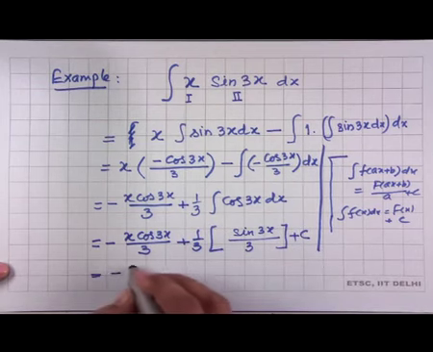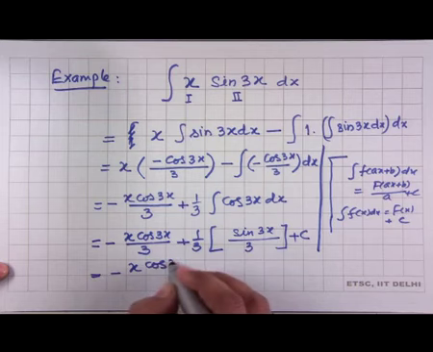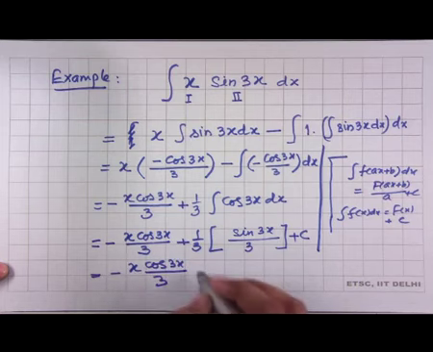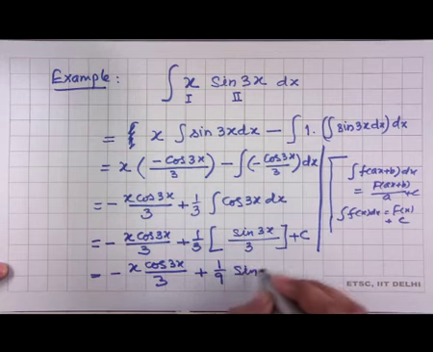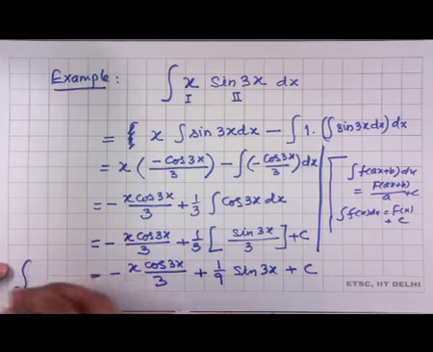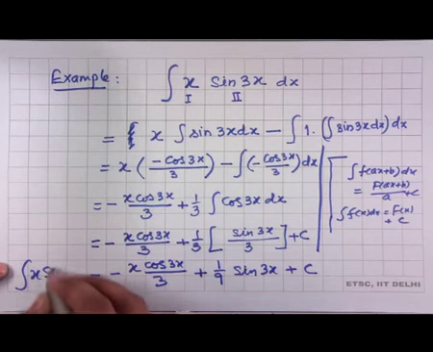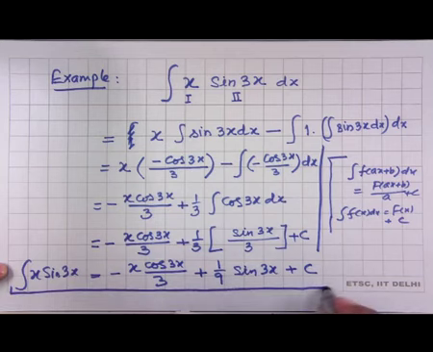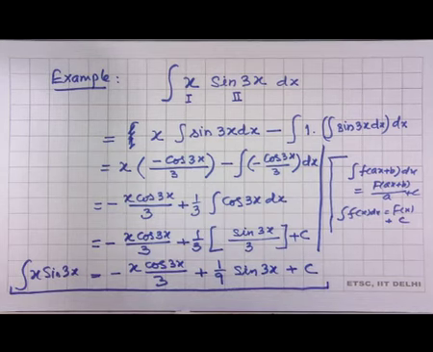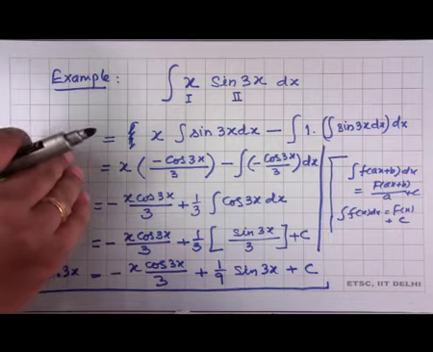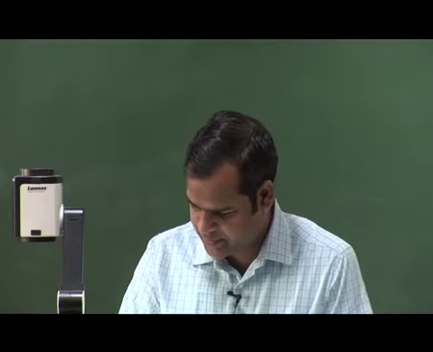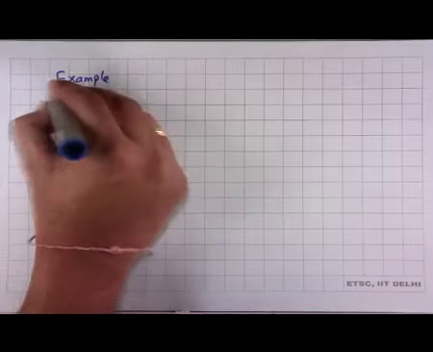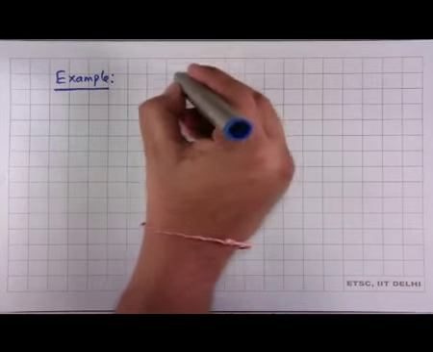So, it becomes minus x cos 3x by 3 plus 1 by 9 sin 3x plus the constant of integration. So, integration of x sin 3x is this. Now, can we continue with the similar process? Let us choose another example. This example will motivate us